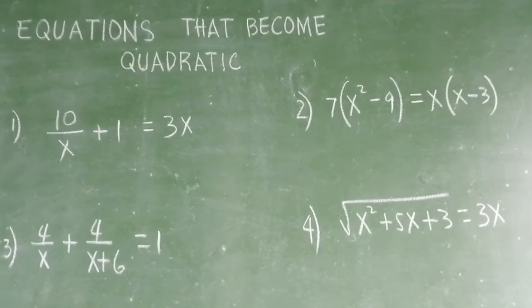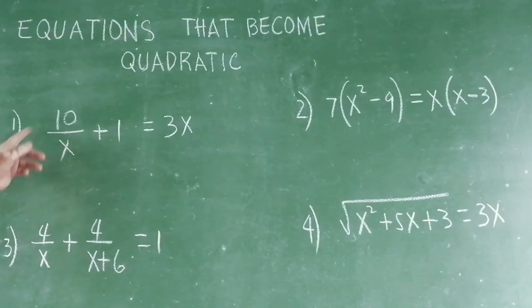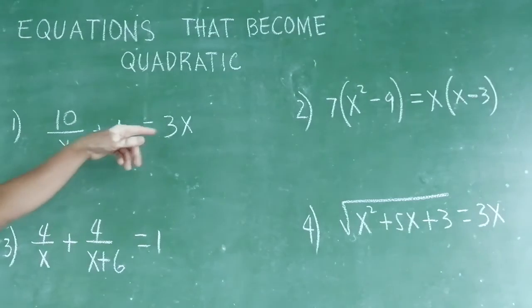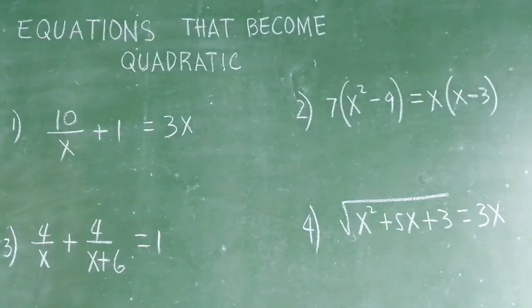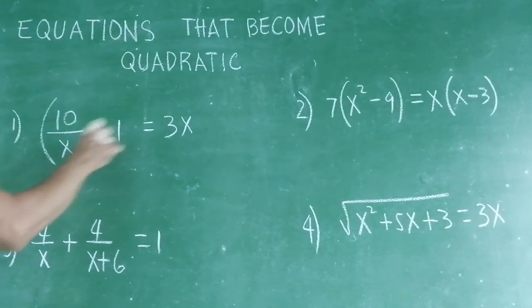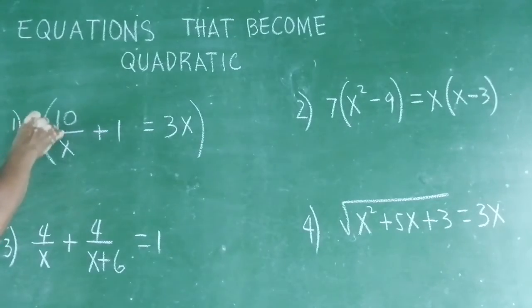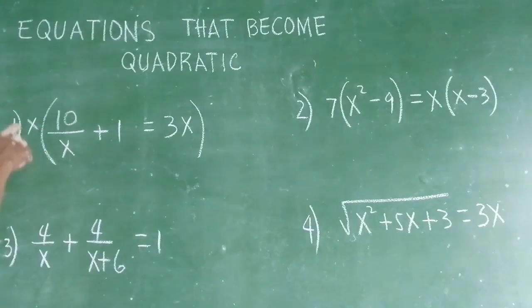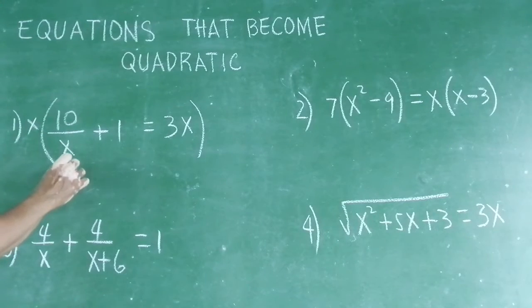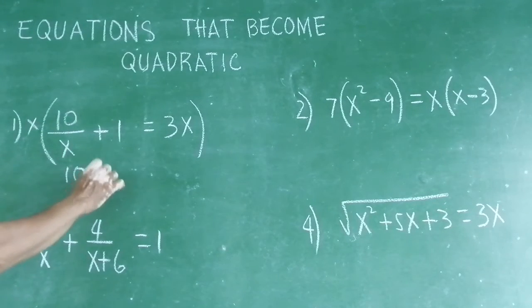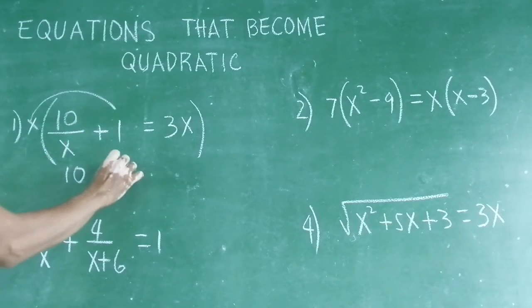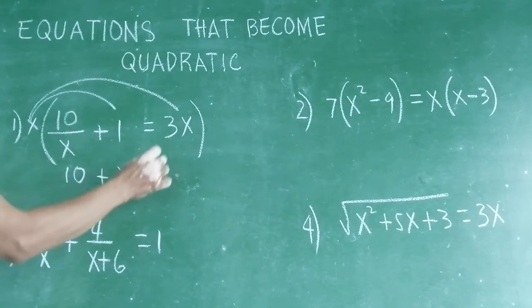So we are going to solve some examples here. Shall we start with number 1 here? So 10 over x plus 1 is equal to 3x. In here, there is a denominator, so we can multiply all terms by x to get rid of the denominator. So when you multiply, 10x divided by x is simply 10 plus x, and then you multiply that